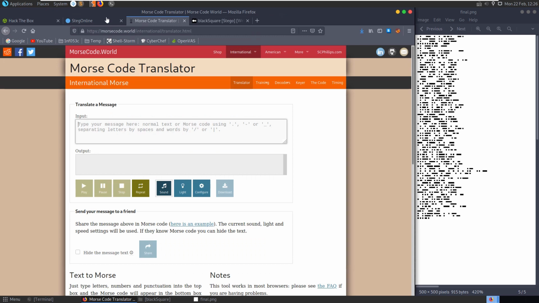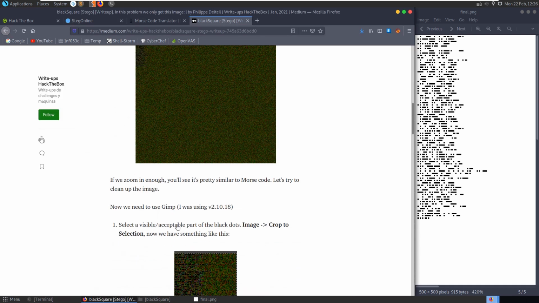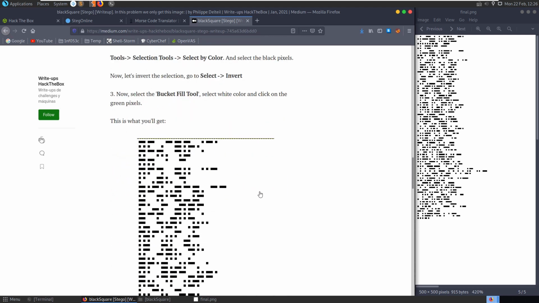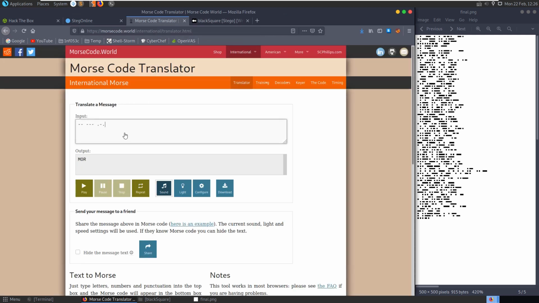So they use the LSB half feature here, you can see this LSB half option, and then they use this image, which they've then done some processing on and basically extracted the black parts of the image and then done some more modifications to get this Morse code. So the Morse code is quite different to what I have there. If you were to go through with this Morse code, we have dash dash space dash dash dash, and then space dot dash dot. You can see it looks like it's going to start to say Morse code here. So we need to end up with this